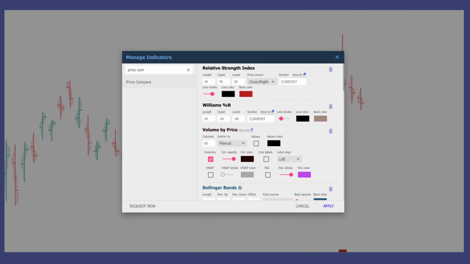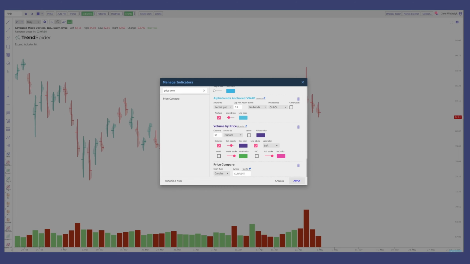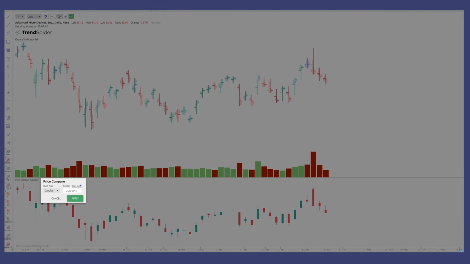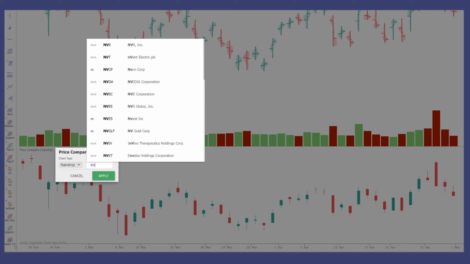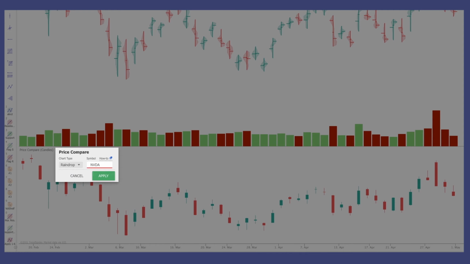And once you click that, you'll be able to price compare 2 different charts, whether that's the same chart, AMD raindrop versus the candle, or if you want to look at AMD versus, let's say, NVIDIA or something else, you're able to go in to this bottom chart, click these 3 dots, change this chart type to raindrop, and the current means that we're just looking at the actual symbol above. Now, if you wanted to change this to something else, you would type in NVIDIA here or something like that, and you'd be able to compare the NVIDIA raindrop chart with the AMD raindrop chart, and you'll see that you won't be able to do